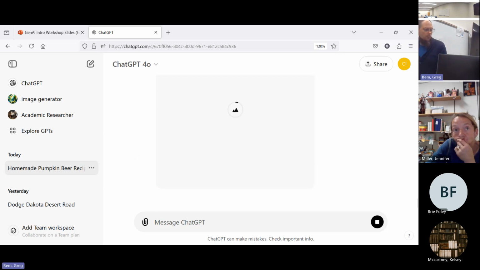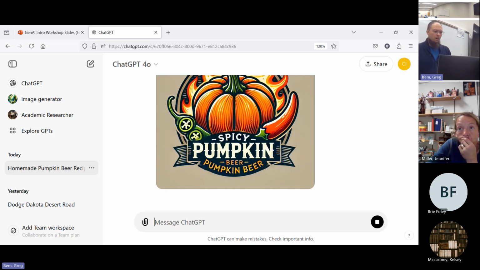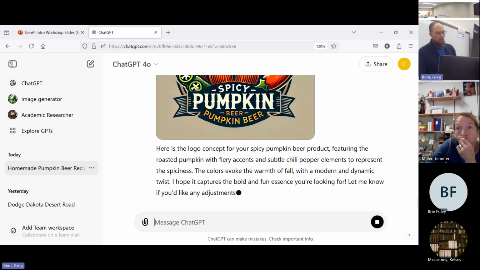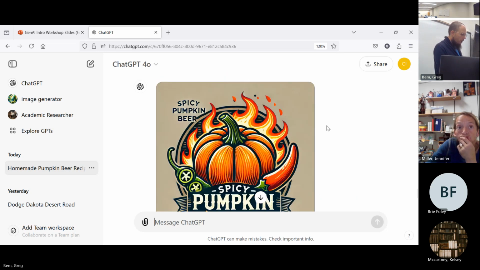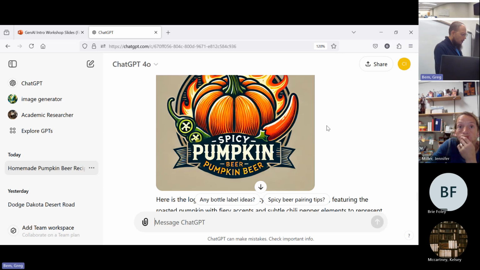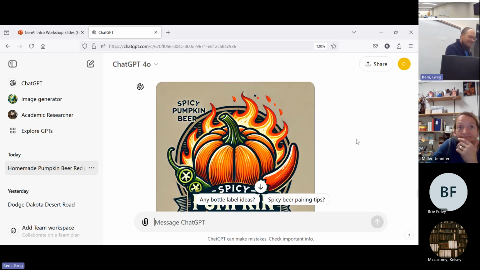Now, I'm going to see how it does, and it's now generating the image. Images usually take a little bit longer with these tools to generate than text does. There's more computer power required, or processing power required for that. And so here we go. Spicy pumpkin beer, pumpkin beer. One thing that